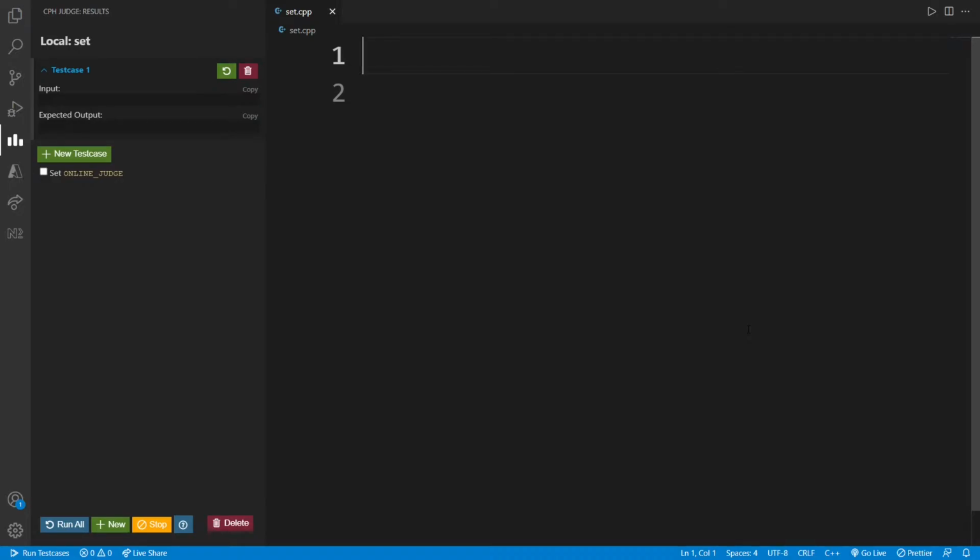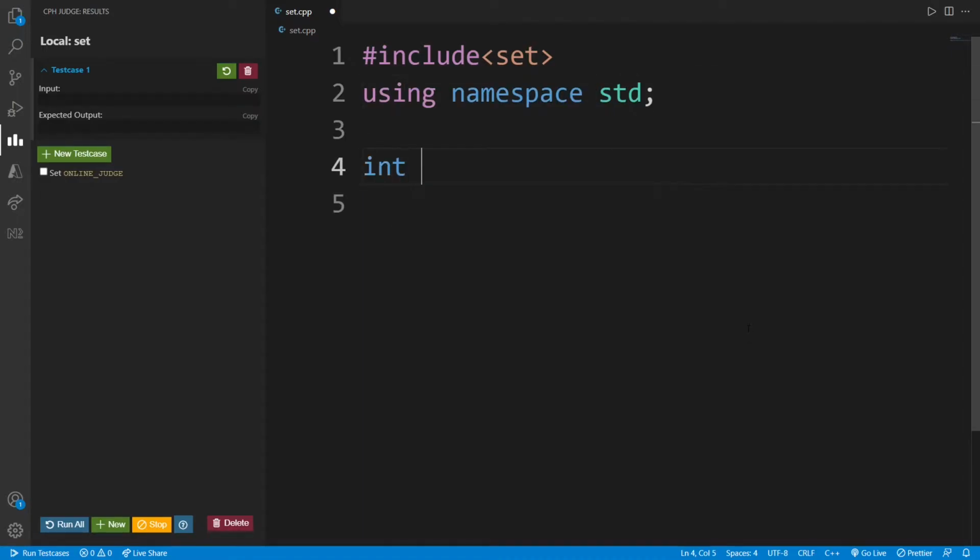So first of all, to include the set STL, we need to include the header file. To include the set header file, we write include set. Then let's create a namespace also. Then in main,